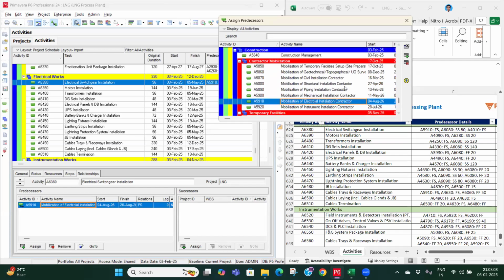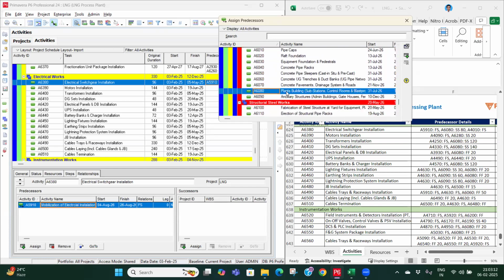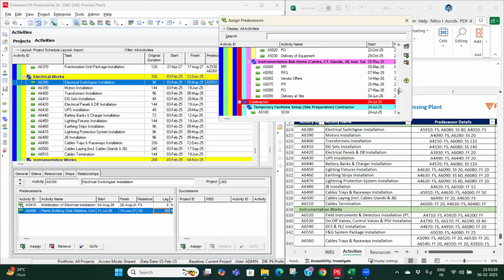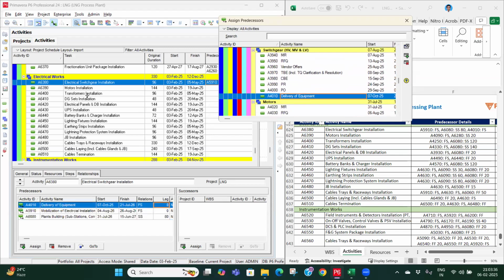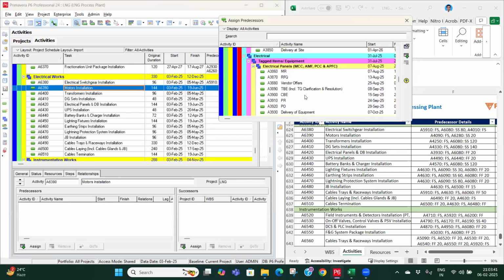And then we have the building, because in the substation only this electrical switchgear will be installed. So it will be start to start with the plant building with 80 days of lag, and also the equipment shall be delivered, so you have to link it with the equipment. So we have switchgear here, and similarly we will do the linkages for the delivery of other items like motors,